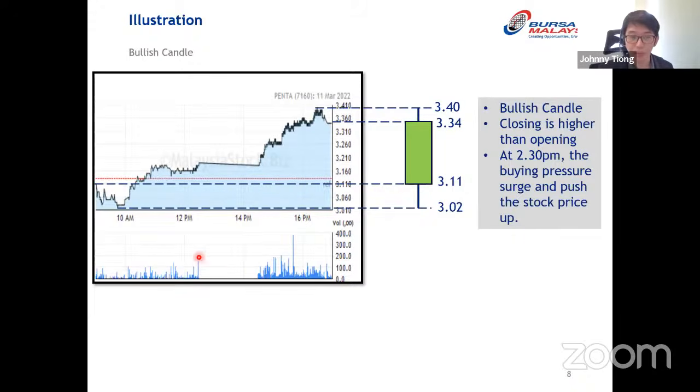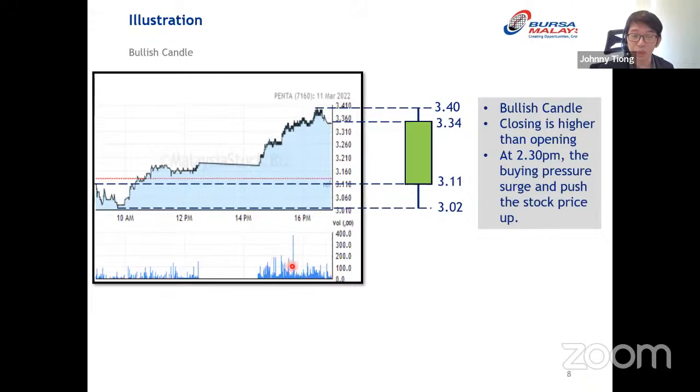If we look at the volume, I just mentioned that there's a lunch break, from 12:30 to 2:30. You see that there's basically no volume here. At 2:30 p.m., when the second half of the market opens, the buying pressure surges and pushes the stock price up. In the first half of the trading day, the volume is low. When it comes to 2:30, you just compare the volume on the right hand side and the left hand side. You can see by your naked eye that the volume is definitely different. There's a lot of volume here.